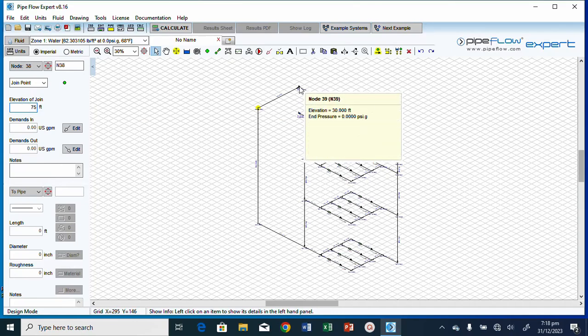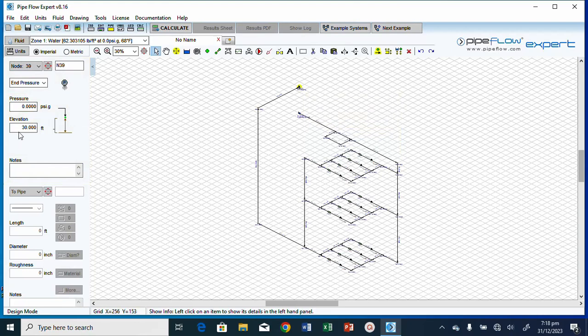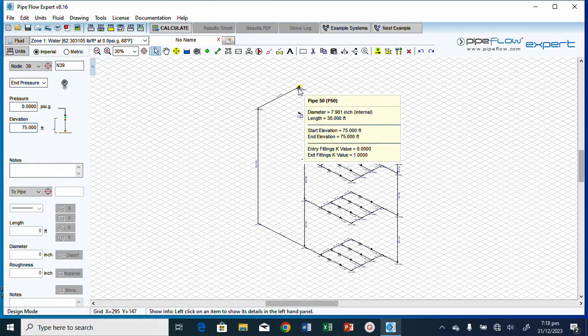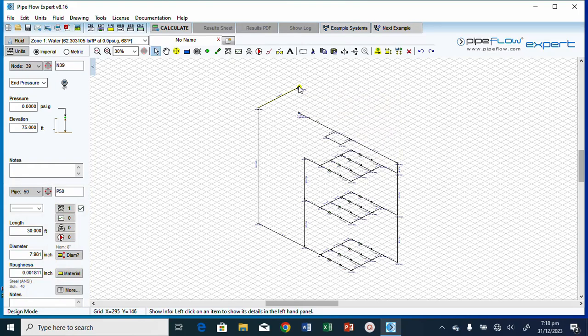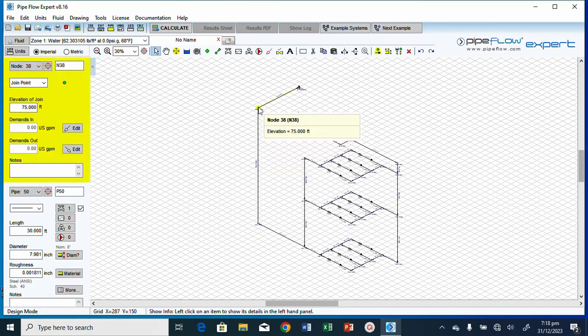And then the node point here needs to change from 30 to 75 feet. It's 75 feet now. So having done that,